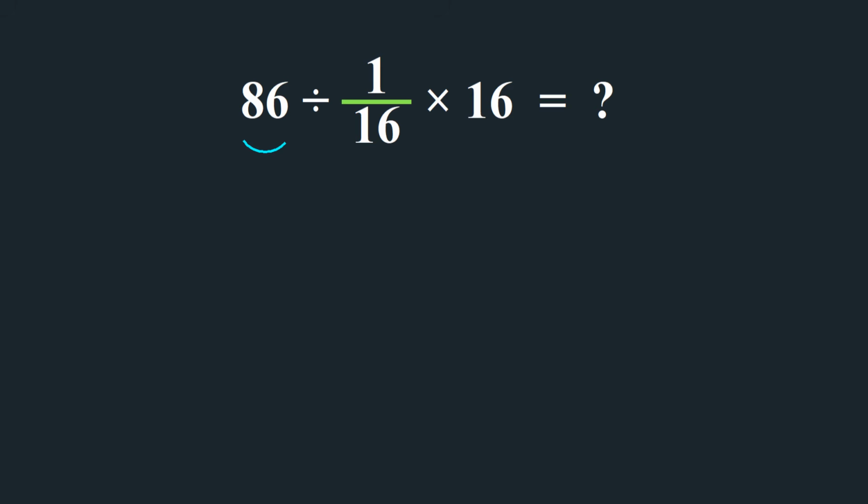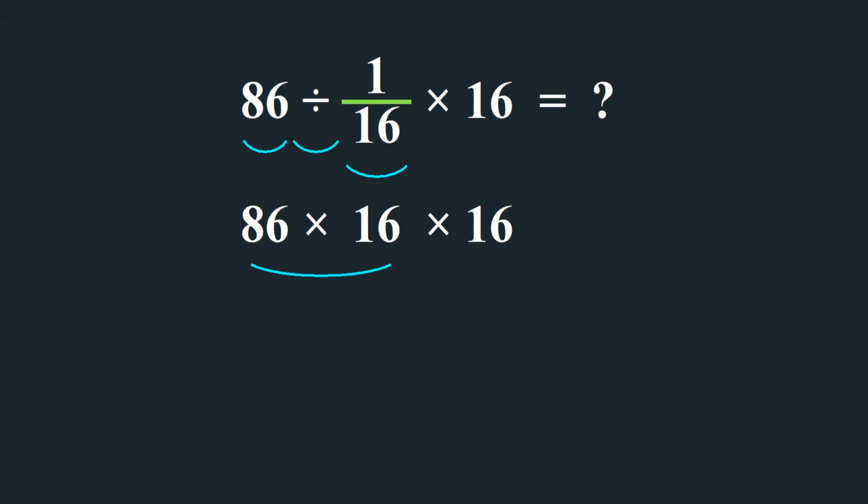86 divided by 1 over 16. To do this division, write down the 86 and change the division to multiplication and flip this fraction to 16 over 1, which gives 16. And here again we have times 16. 86 times 16 gives us